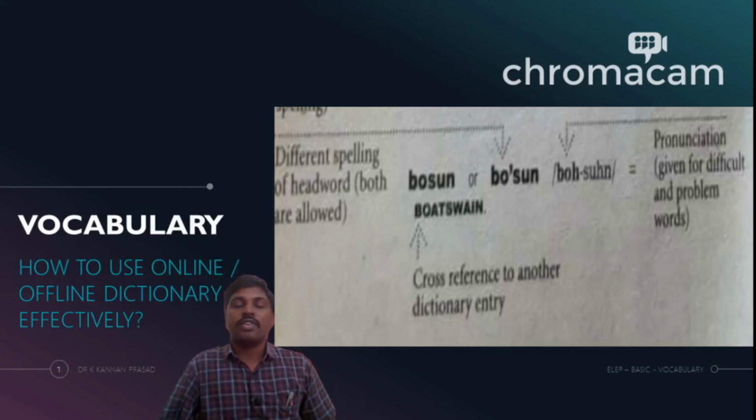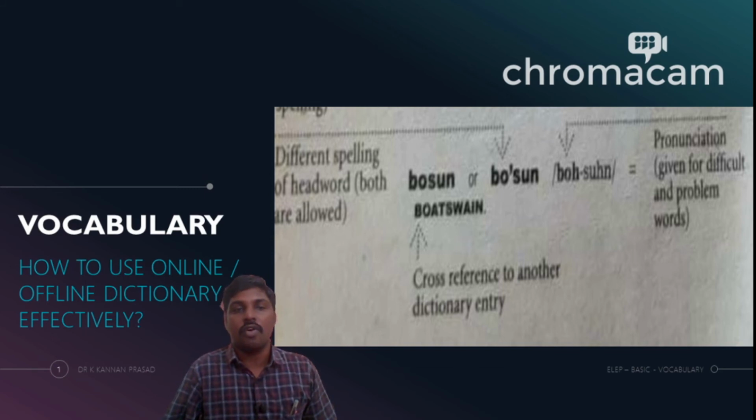So we are sure with the pronunciation of O here, right? So B-O-H is supposed to be pronounced as Bo, right? So that's the exact pronunciation. But then there is a hyphen given in the middle. So whenever a hyphen is given in the middle, it is a rule that you have to stop there, right? Though the word B-O-S-U-N is given as a single word, the pronunciation format tells you that there should be a space between B-O-H and S-U-H-N. So you stop at Bo, right? You don't say Boshun, right?